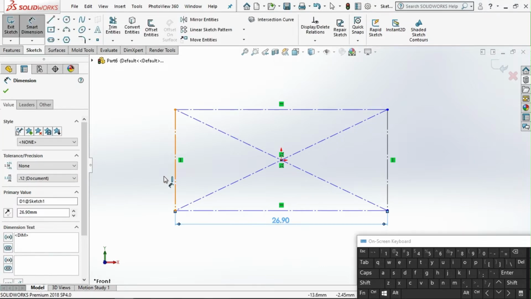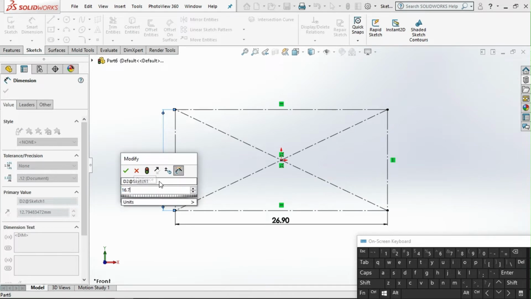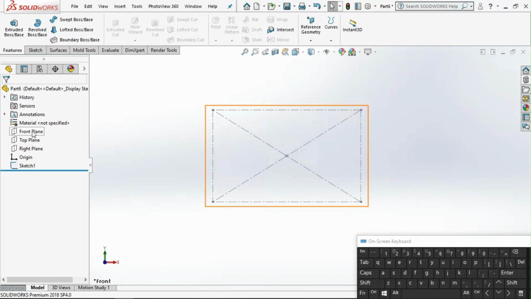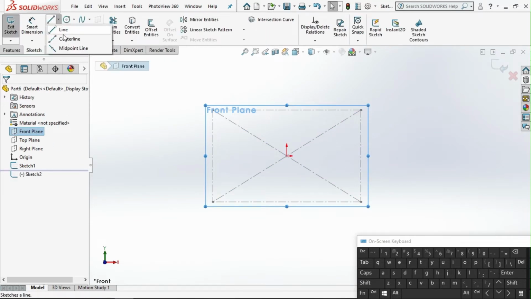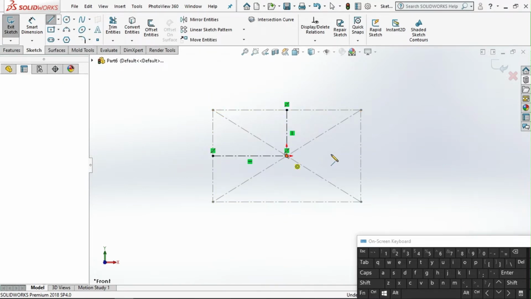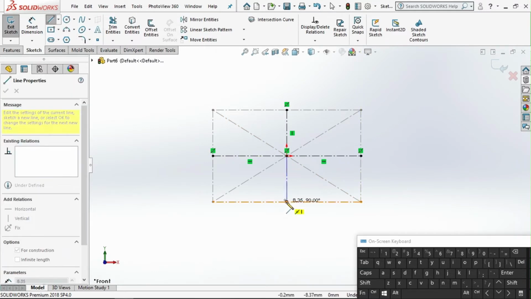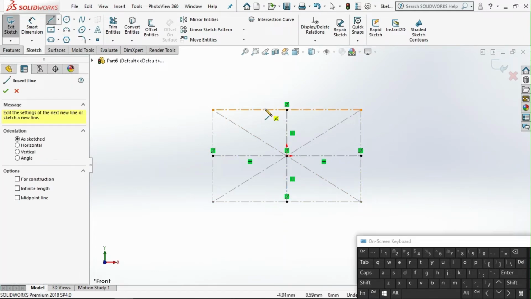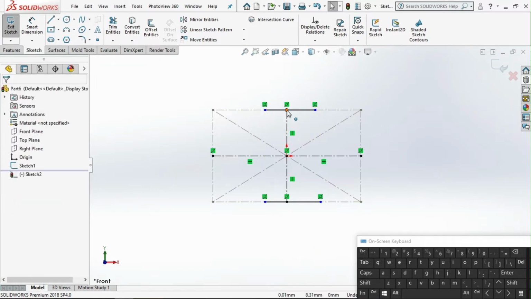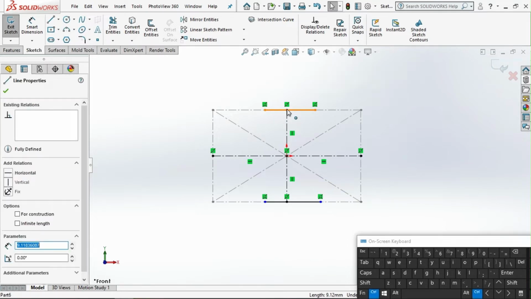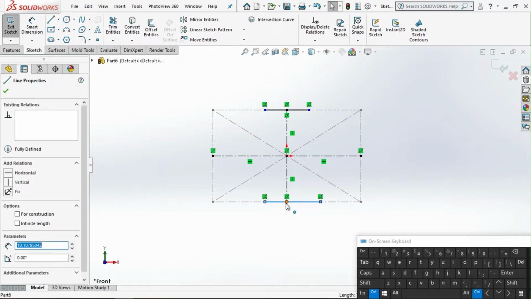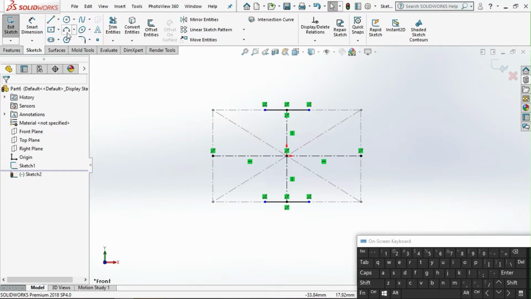26.9 enter. This one is 16.7 enter. Okay. So this one, after that we select front plane, sketch, center line again. Okay. Now we take line like this. Make sure this line is the midpoint. In the midpoint for this. Okay, midpoint. This one also same. Midpoint. So select R